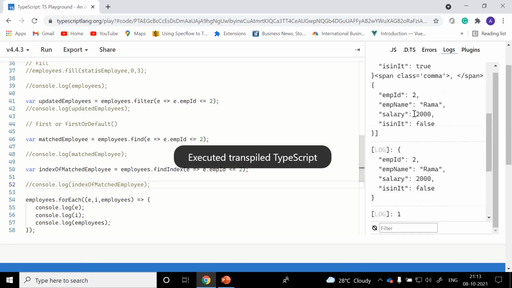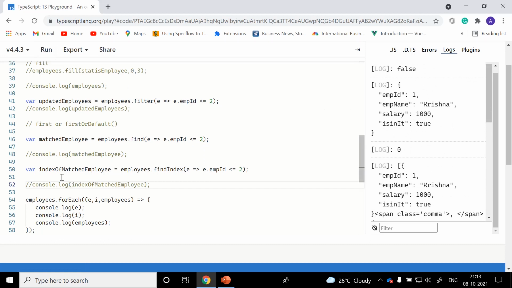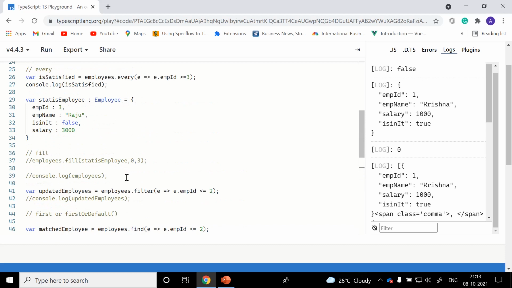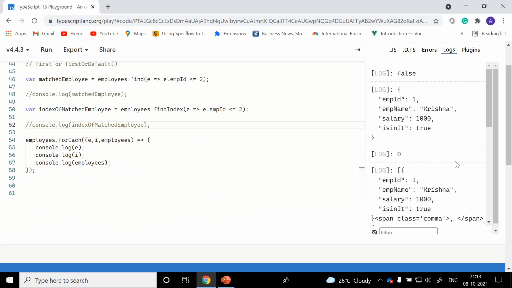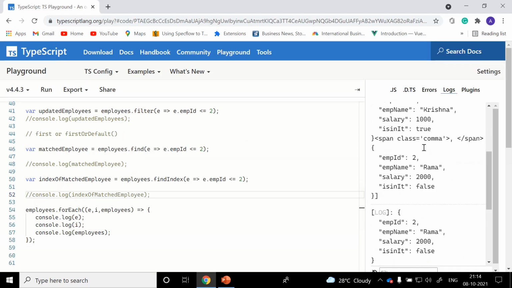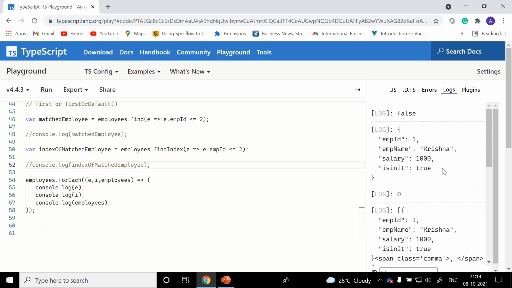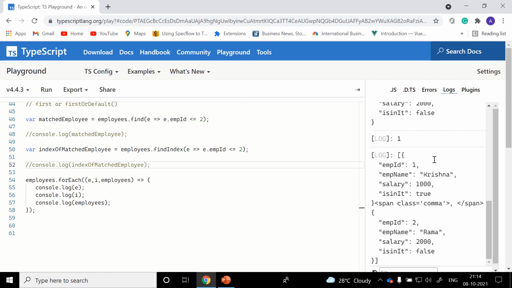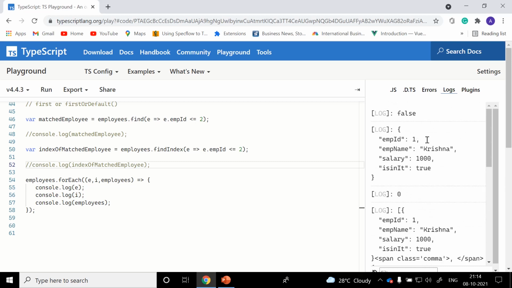Clear it, run it back. Now we can see index of each employee.